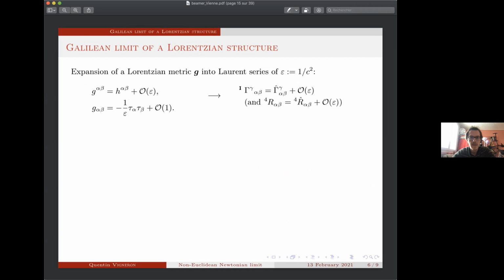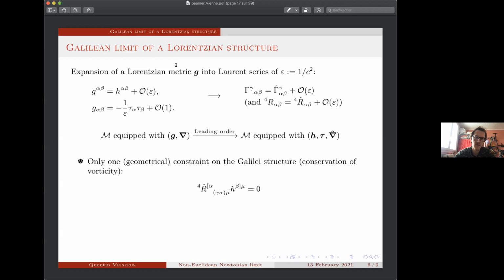At leading order, the coefficients of the Lorentzian connection become, if we consider this expansion, the coefficients of a connection which is compatible with the two metrics and is a Galilean connection. And we can also show that the four-Ricci tensor of the Lorentzian connection becomes at leading order the four-Ricci tensor of the Galilean connection compatible with h and tau. In this sense, a manifold which is equipped with such a Lorentzian structure at leading order becomes a manifold equipped with a Galilean structure. Because this Galilean structure is derived from a Lorentzian structure, it is constrained by this equation,